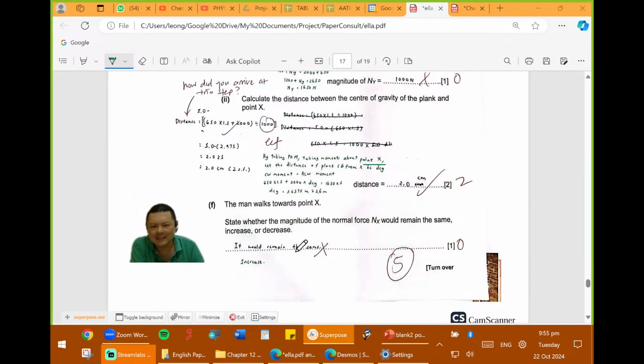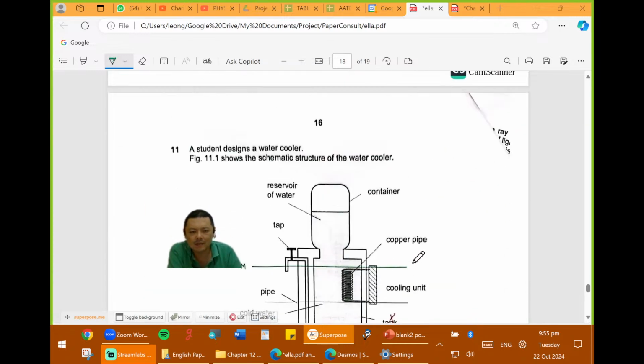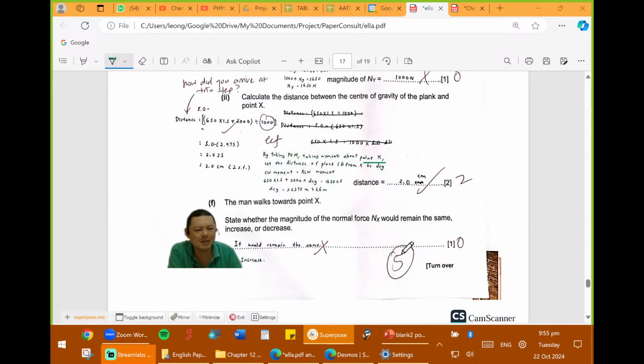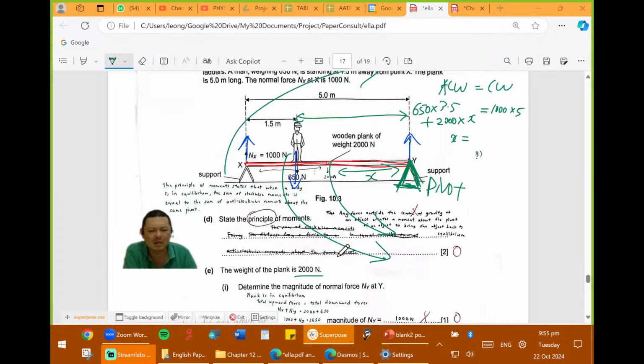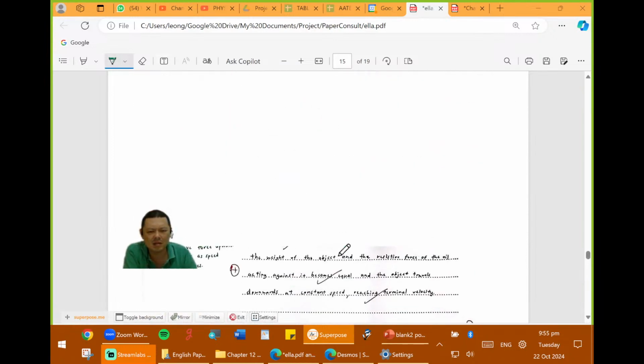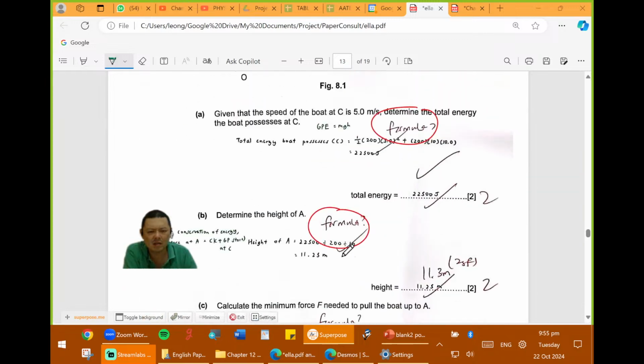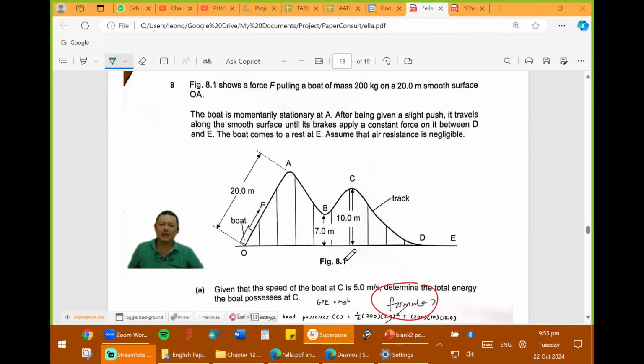That is 1 mark, 1 mark, 1 mark, all given away. So honestly, how much do you get in total for this whole paper? In percent, 67%. How many careless mistakes?